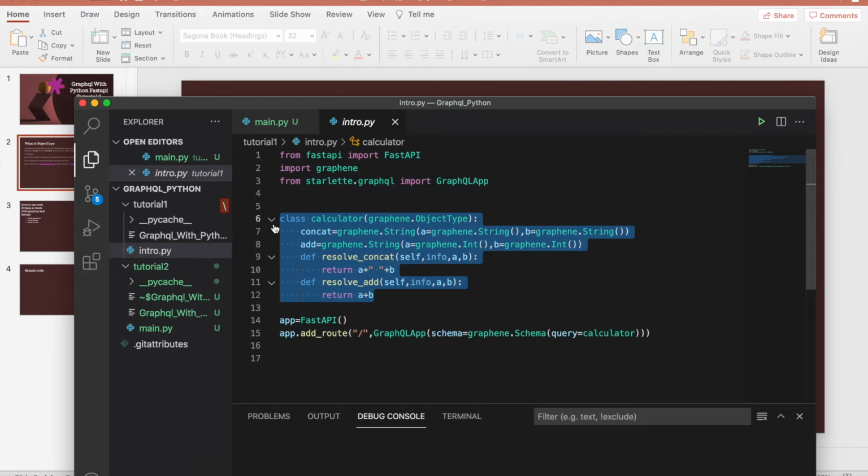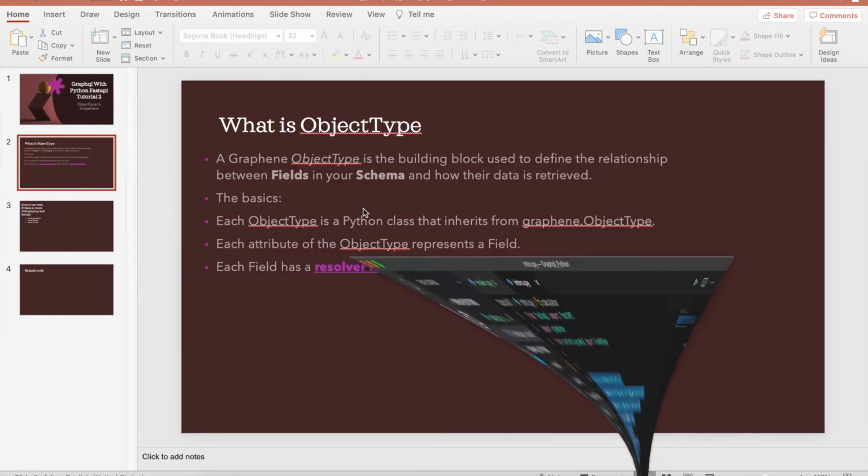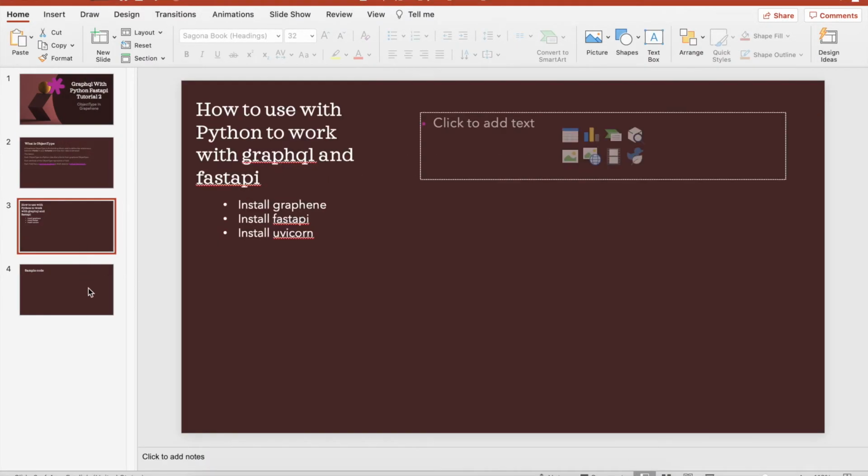We already wrote our first object type in the last tutorial, but I forgot to explain it, or I can say I intentionally did that, because if I do all the theoretical stuff in the first tutorial, it will probably be very boring. So I created the code first, and in this tutorial I'll explain what an object type is, what a schema is, what a field is, and what a resolver is. I believe that is already done from this slide. So let me start doing some coding again, so hopefully that will make sense.